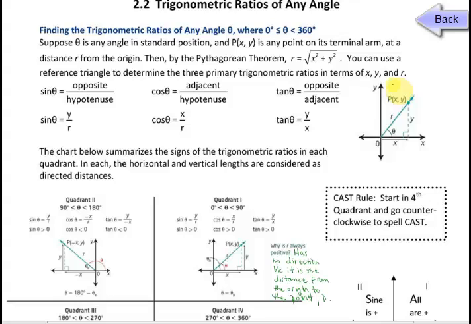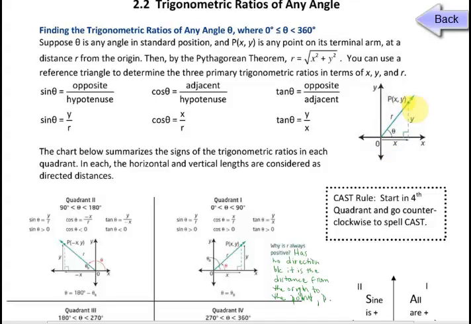right. Our point is x, y, and note that in the first quadrant, x is positive, y is positive, and so along one side of our triangle we have a distance of x, and along one side we have a distance of y, both being positive. And theta is our angle in standard position, and r is our radius, which goes from the origin out to